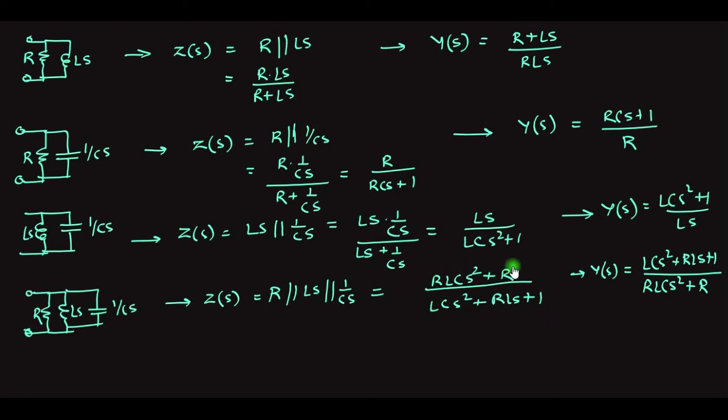So if we remember the form of the network function, we can find out whether it will be a parallel combination of R, L, C or a parallel combination of R and L. So that's it for this lecture. We will continue our discussion. We'll discuss more about network functions and how to find out whether it will be a series combination of RL or a parallel combination of RL or LC and different others.